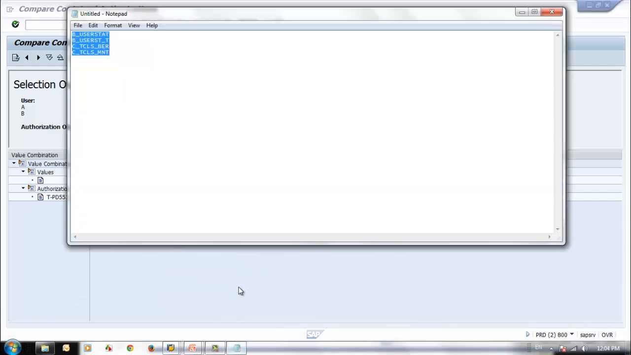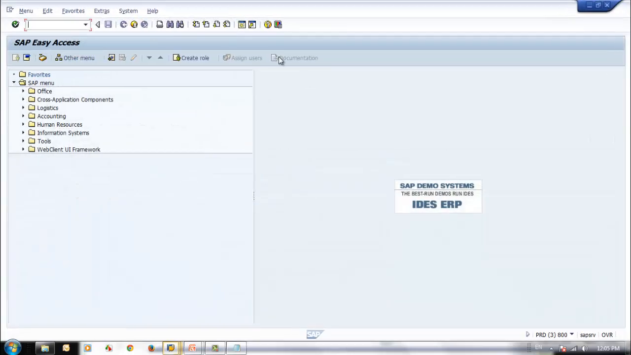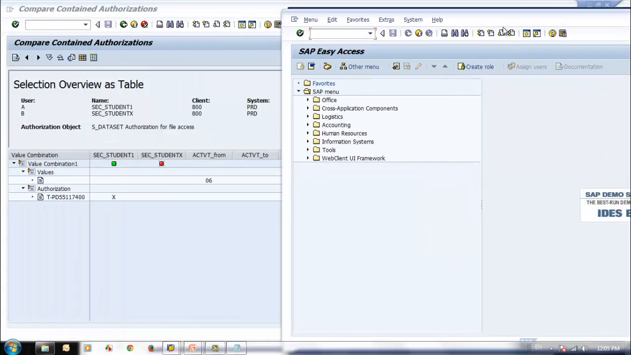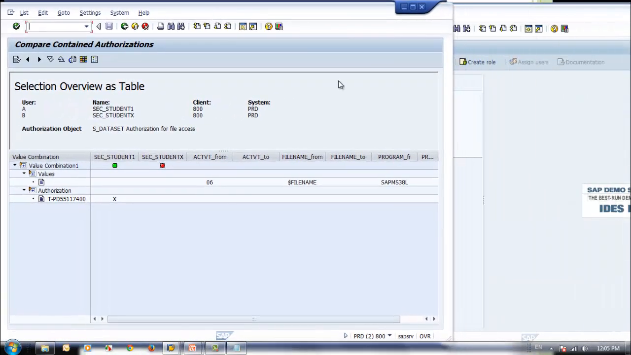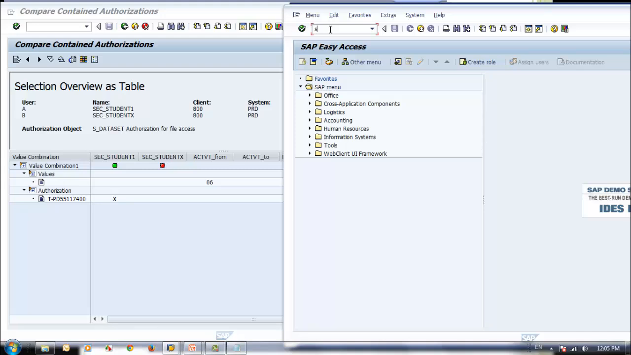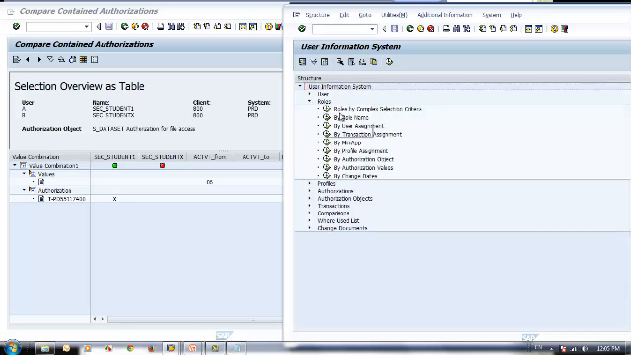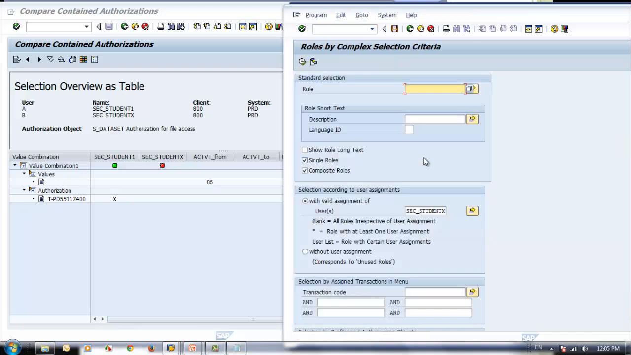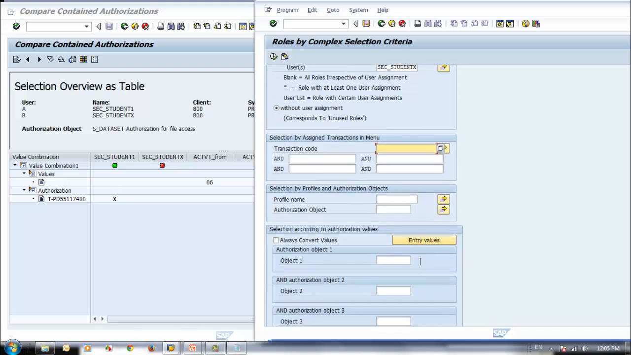So let's open a new session. I wanted to know this authorization object is available with which role. Go to SUIM, then I go to roles, role by complex selection criteria. So I want to know the single role and composite role without user assignment. This is not a transaction code. Then I go down. This is an authorization object which I wanted to find. So you put the object here,